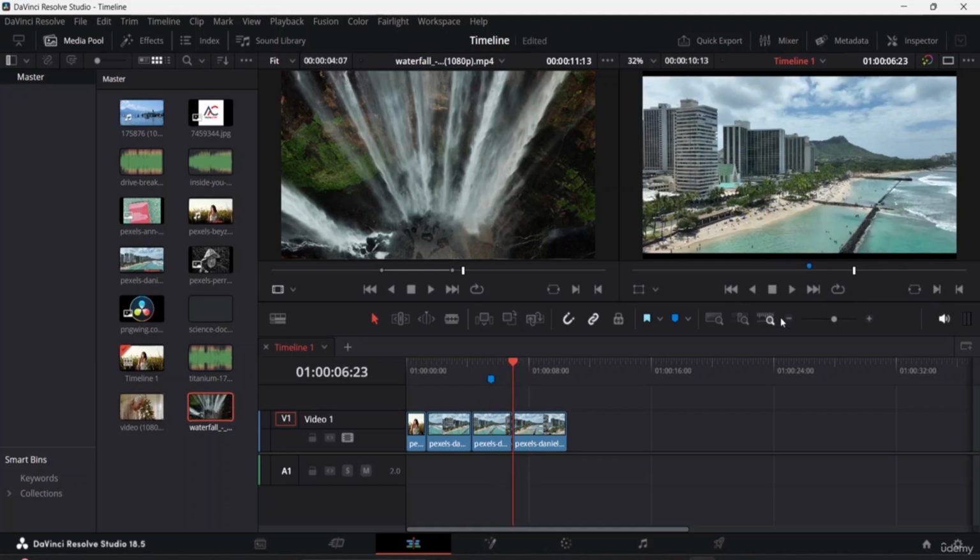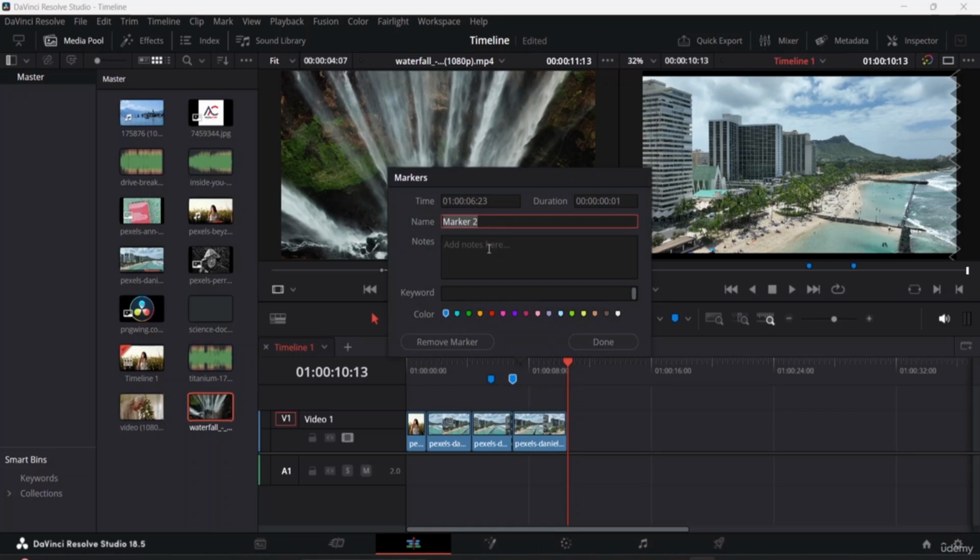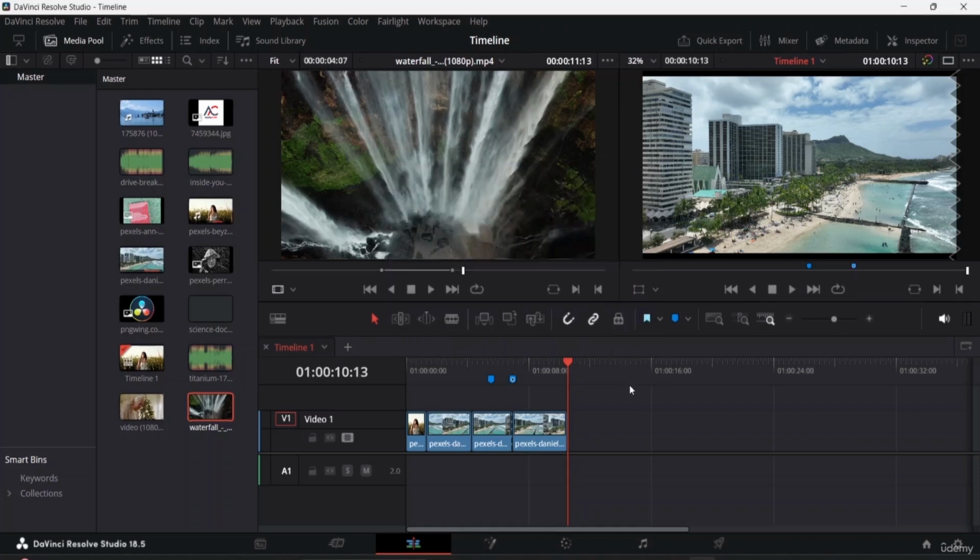Suppose at this point I need to make some changes, so what I'll do is I will just click here on the marker, so that whenever I come back, I can just come back here and check this. I can just add some notes once I double click over here. You guys can see at what time I have this if I just want to add a note. Suppose I just want to put up a logo. So I will just put up this note, and then I will click on done